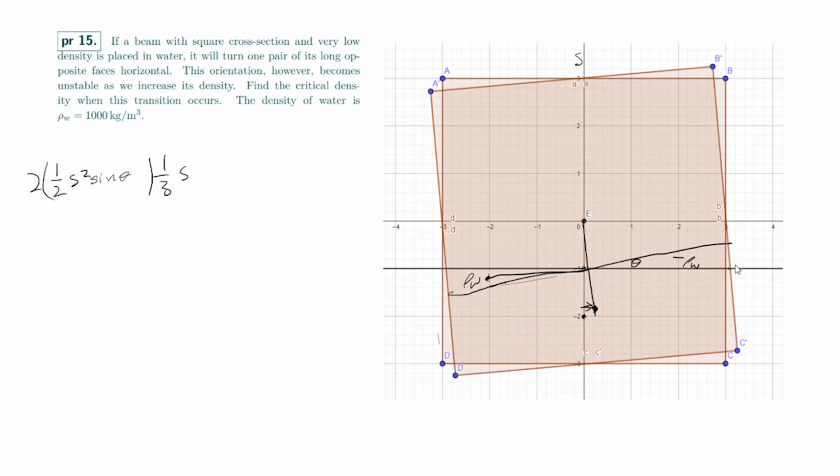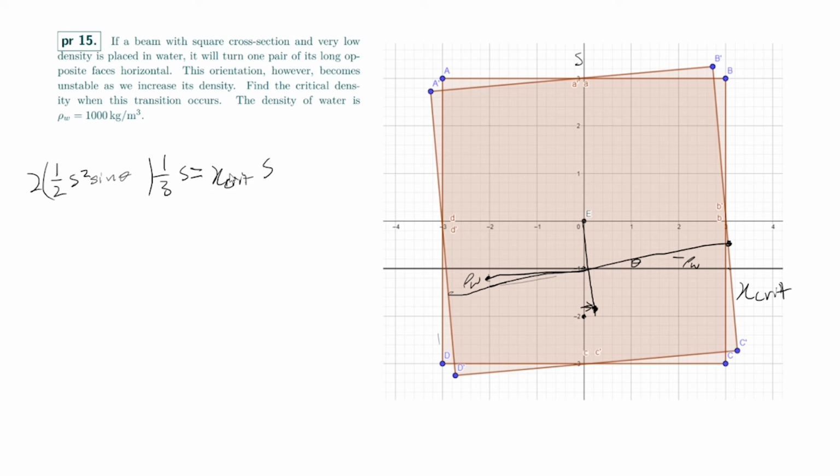And so that means that this length here, from here to here, is called x crit, essentially the same x here. So that over s is equal to the ratio of the density of the log to the density of water. So we need this to be equal to x crit